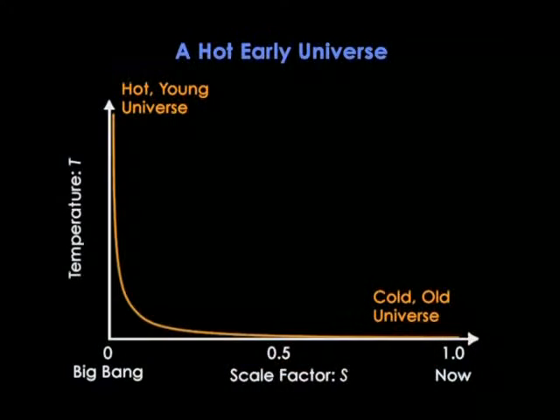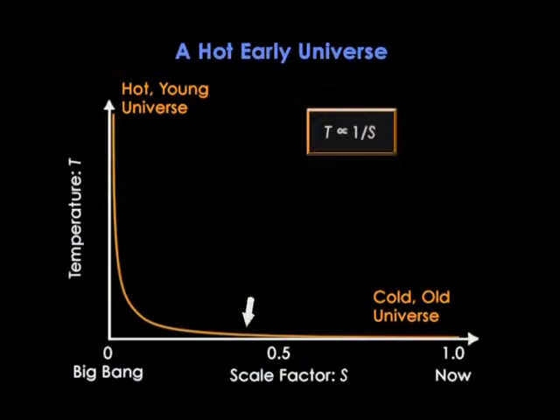The universe begins its life exceedingly dense and hot, but as it expands, its density and temperature both drop, initially very quickly, but then more slowly. This graph shows how the temperature drops as the universe expands. Mathematically, temperature is proportional to 1 over the cosmic size. So if we go backwards, when the universe was 10 times smaller, it was 10 times hotter. 100 times smaller, 100 times hotter. So you can see that as we approach the Big Bang and size goes to zero, temperature must zoom off